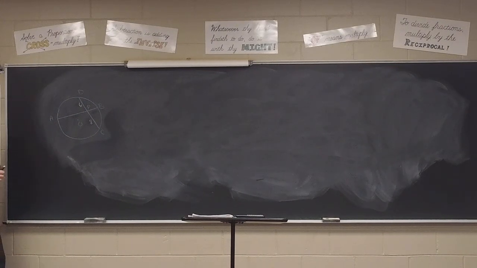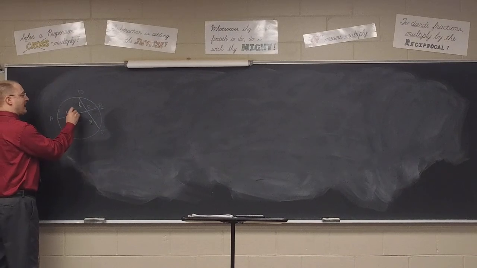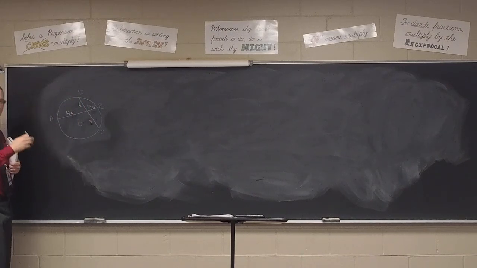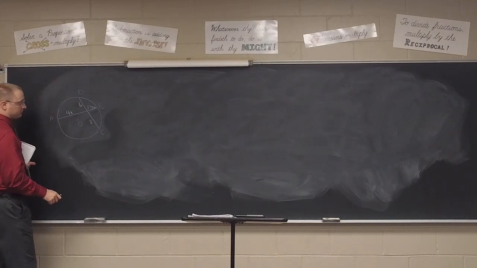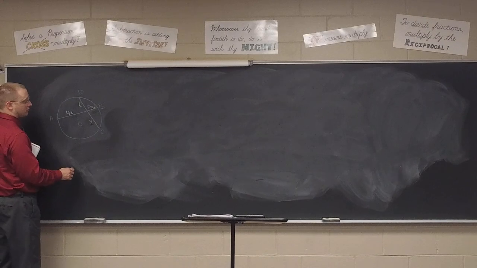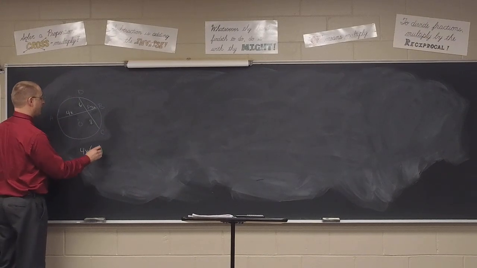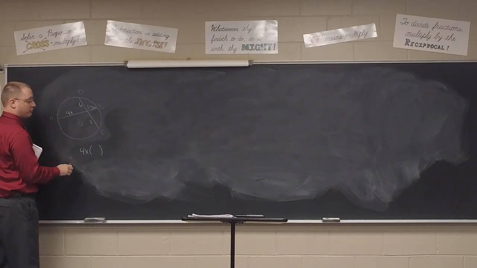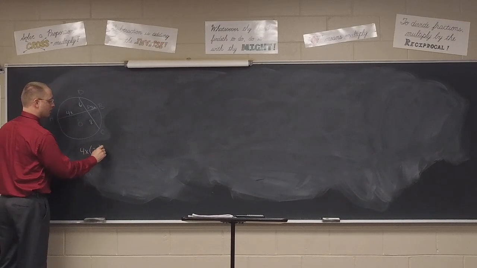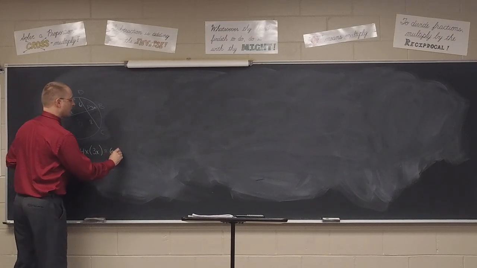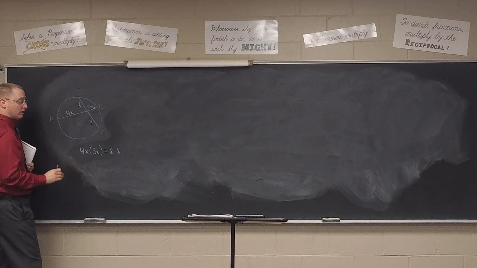Kendall? 4x and 3x. Remember, anytime things are in ratio, just stick x's onto the ratio values and there you've got it. So, how would I set up the problem? Back to Genesis. 4x, product equals product. So 4x times 3x equals 6 times 8. There we go. Of course, 4x times 3x, be careful, is